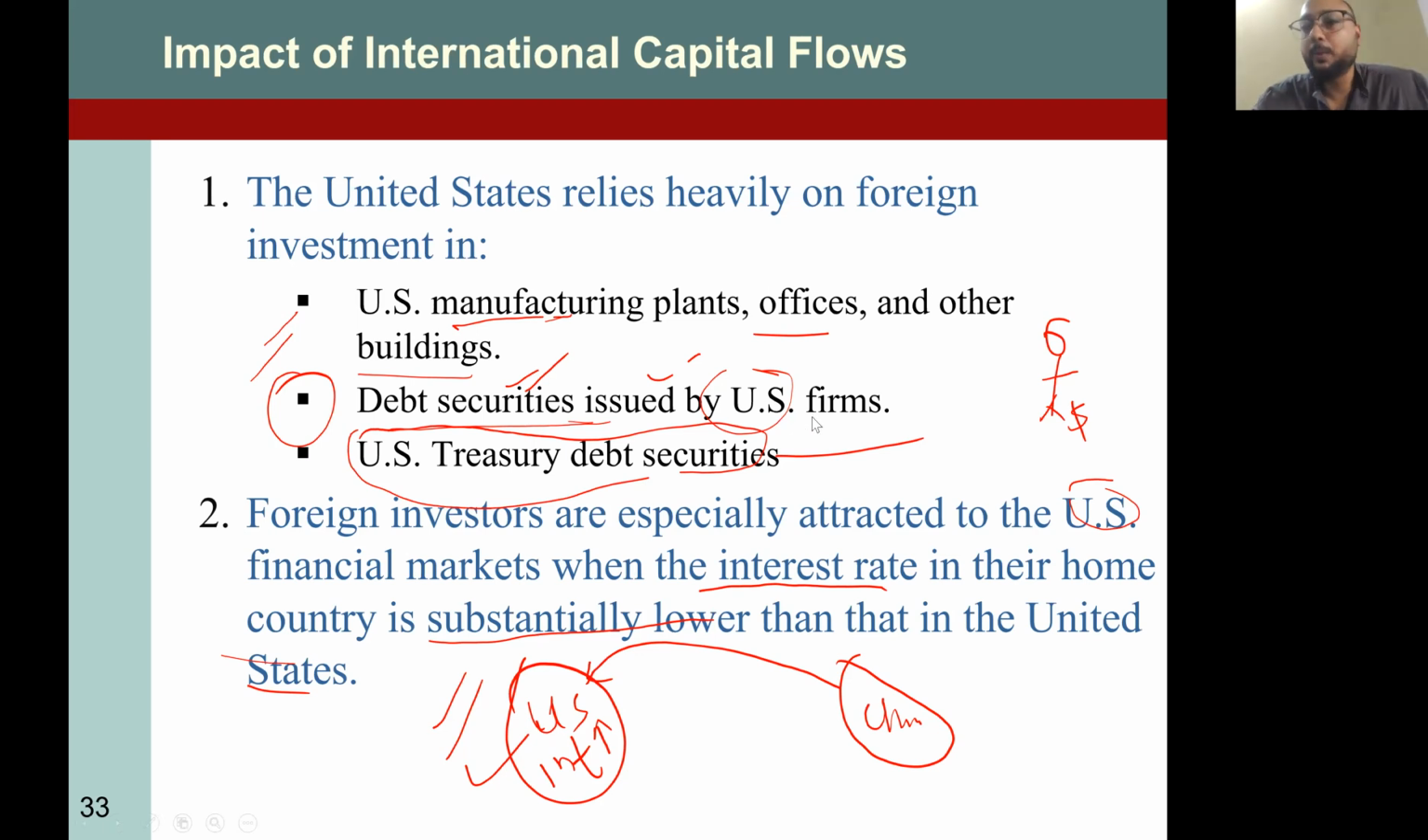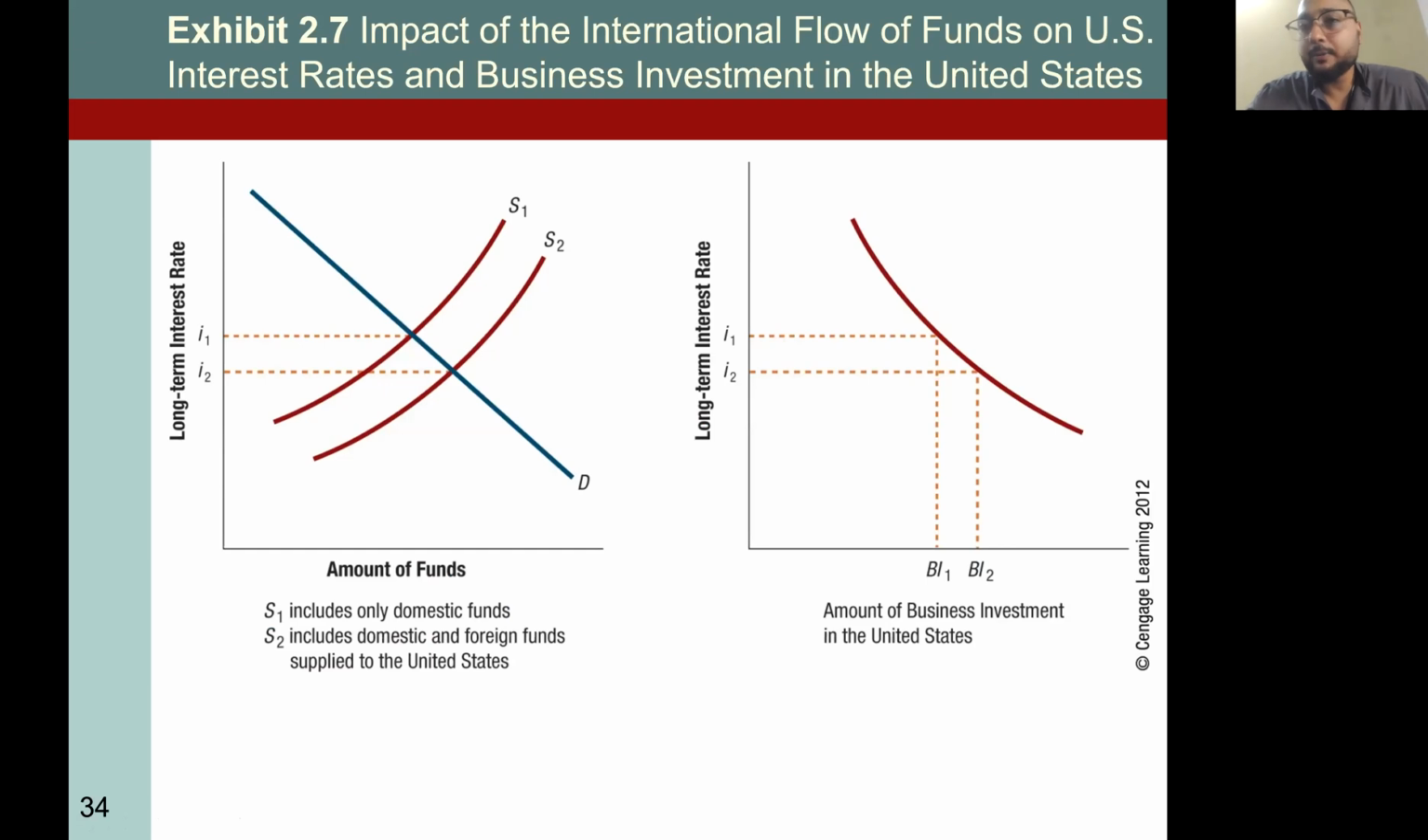Okay, next. We also talked about how the impact of international flow of funds affects business investments and interest rates. So recall your discussion regarding the market forces of demand and supply. So this is supply, this is demand. For example, the price of money is called interest, and this is the funds available. So if interest right now is here,